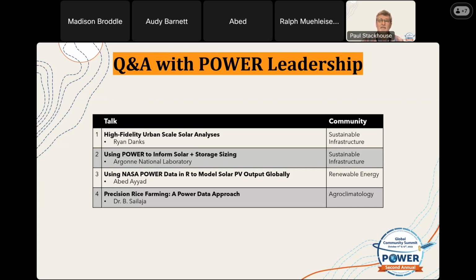So I guess I'll open it up again with similar questions, but if there's anyone else on the team that has some questions, certainly you can participate too. I opened it up the last time just asking about how you obtain the data, if you do it. So Abed, you use the R tool, so I presume you're using the API as well. But if anyone has some other comments, also if you have some comments about parameters you wish were there,